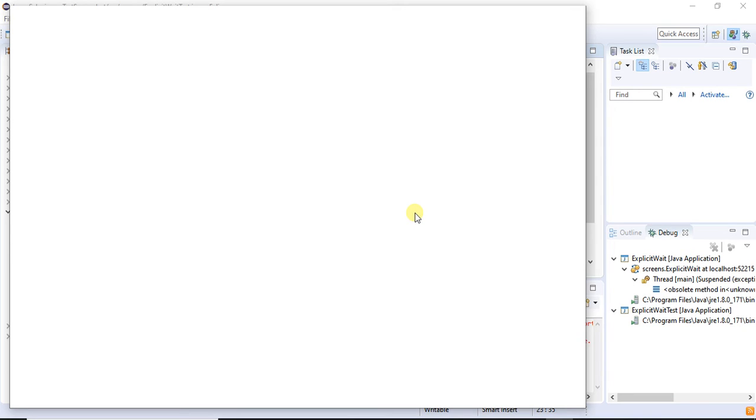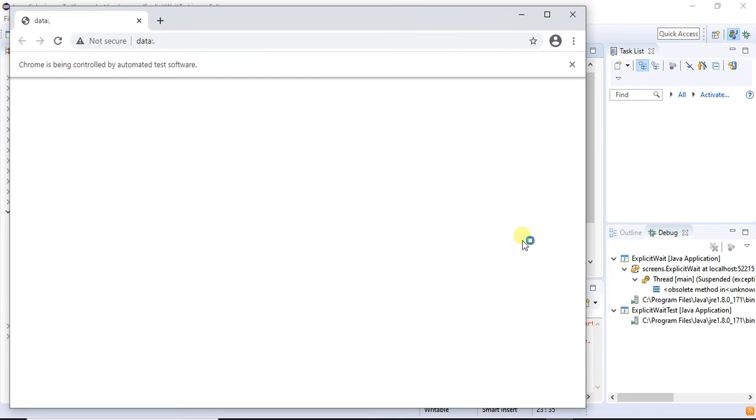The browser has started. It is loading the page.